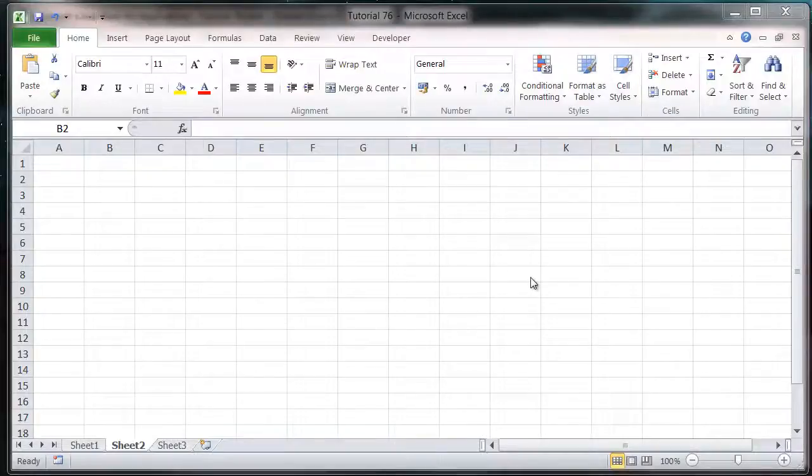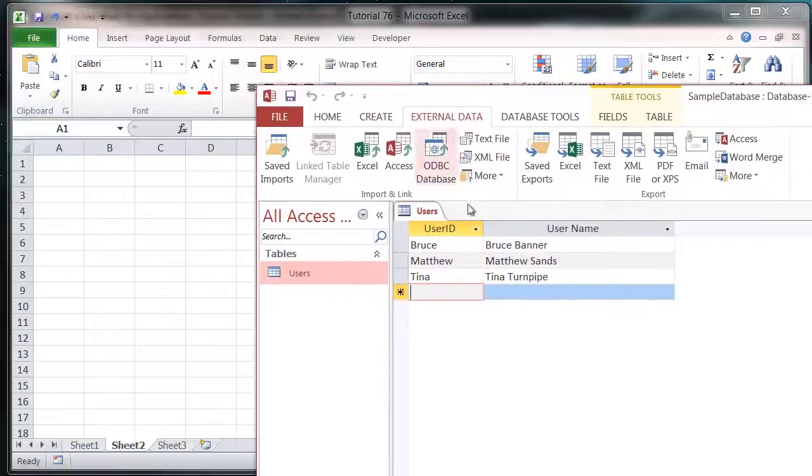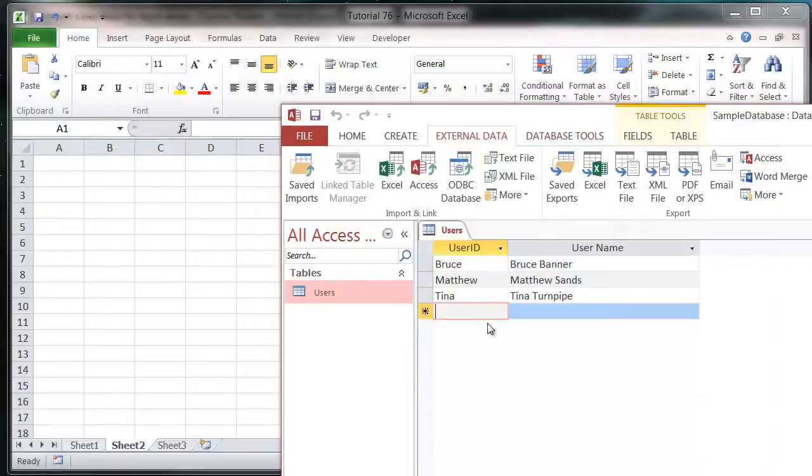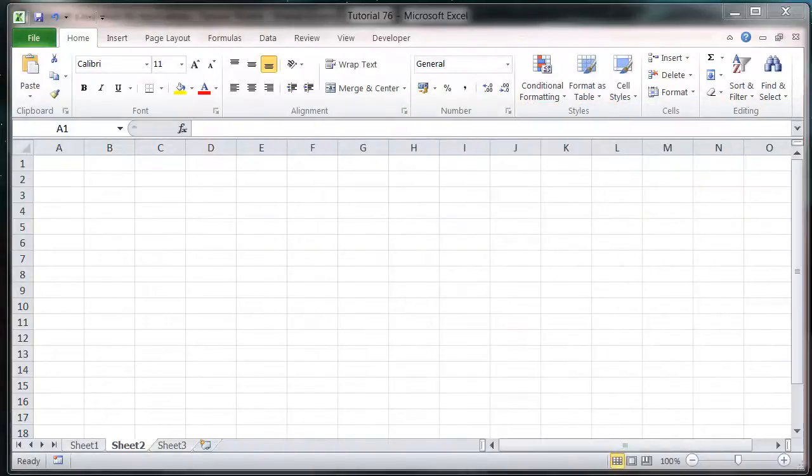Hello everybody and welcome to my 77th VBA 2010 tutorial, and this tutorial is going to show you how to use an update statement through your SQL. What an update statement does is it allows you to update a particular field or multiple fields with certain criteria. I'm going to try and update my own name from Matthew Sands to Matt Sands. So I'm just going to create it as if I was doing it for users to amend their own